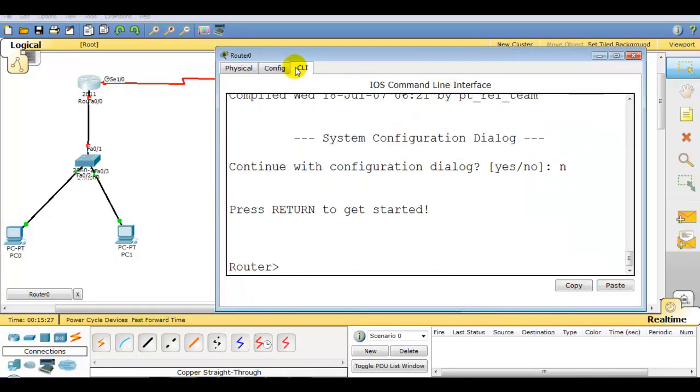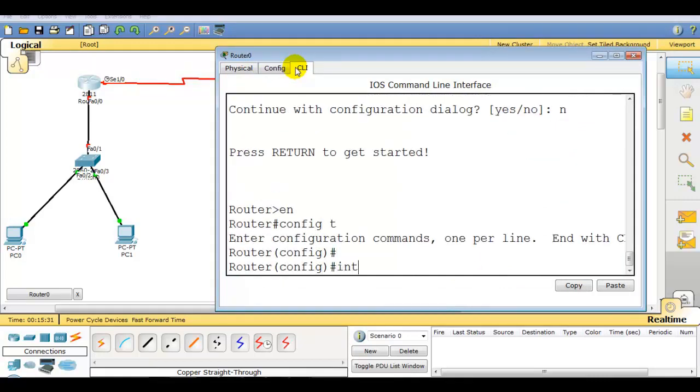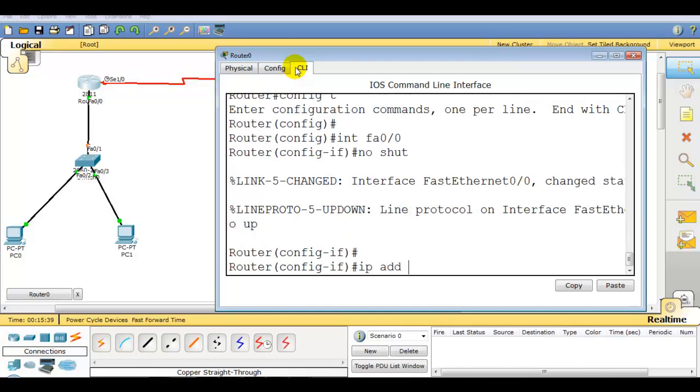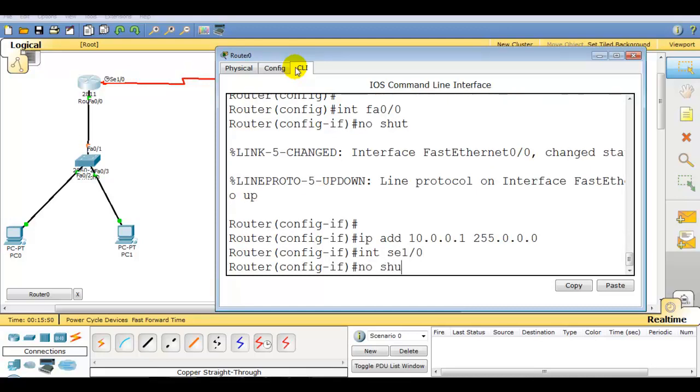Now let me configure router number 1. Enable, then config t. First let me give the IP address to FA0/0. Let me do no shut, then IP address 10.0.0.1, subnet mask 255.0.0.0. Now interface serial 1/0, no shut.